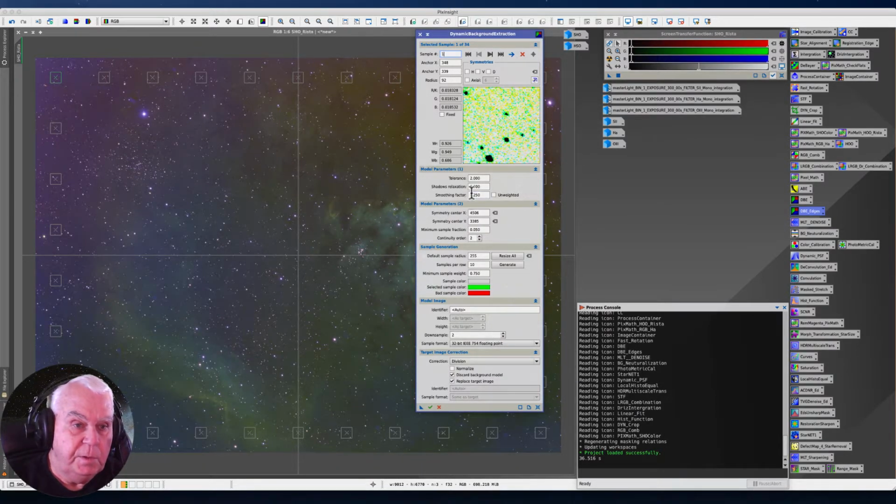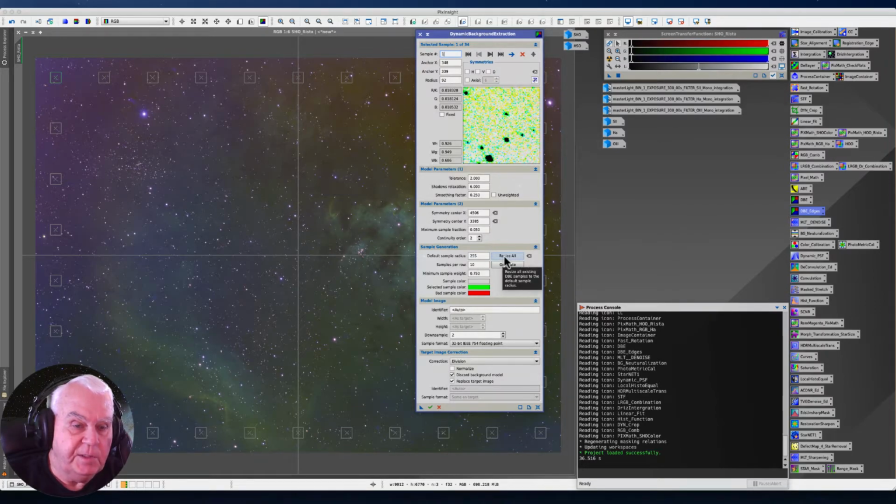Tolerance is 2, shadow relaxation is 6, smoothing factor is 0.250, unweighted is unchecked, then sample fraction is 0.050, continuity order is 2, and the sample radius is as large as I can make it,